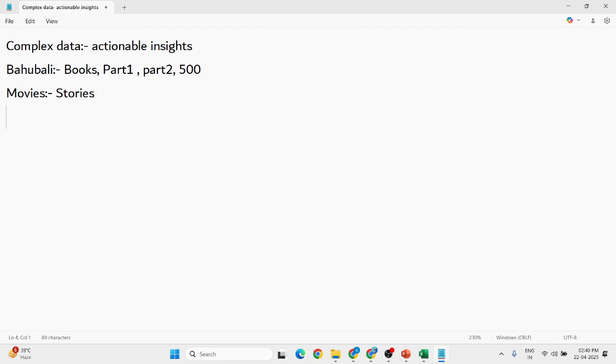Okay, and the very important one is that your company CEOs and your company CFOs don't know the technical concepts behind all your reports, right? You need to present all your data or insight in a story format so that they easily understand. ये बात चल रही है, क्योंकि otherwise वो समझ नहीं पाएंगे because they are not from a technical background. So when it comes to non technical stakeholders,